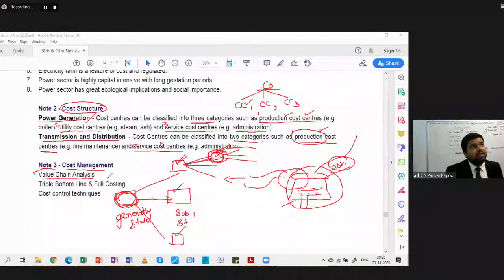The power is generated, then transmitted, then distributed. There is a supply chain through which the power is generated and reaches the home for consumption. Hence, we must understand what the phases and steps are, and we must try to remove the hurdles in those steps and eliminate the loss during those steps, so that the experience of the customer can be enhanced